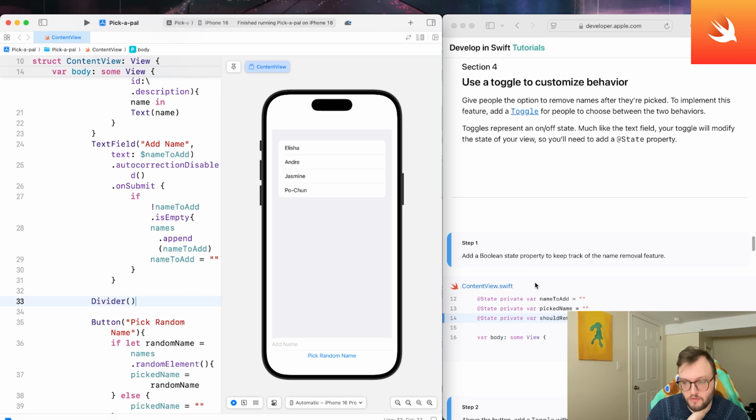All right, section 4, use a toggle to customize behavior. Give people the option to remove names after they're picked. To implement this feature, add a toggle for people to choose between the two behaviors. A toggle represents an on-off state. Much like the text field, our toggle will modify the state of our view, so we'll need to add a